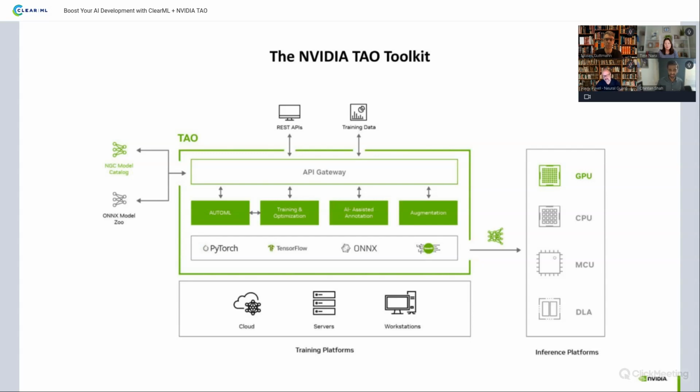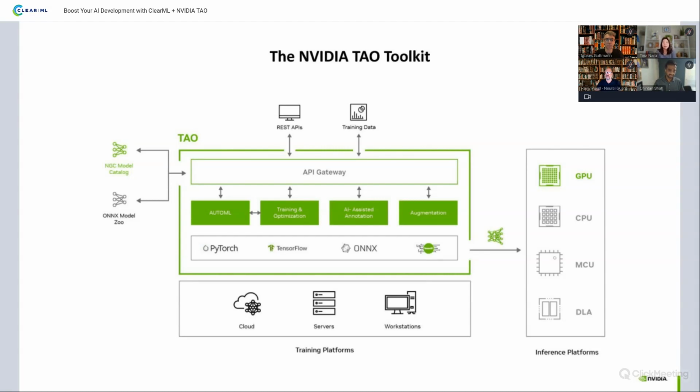We have other features like AI-assisted annotation, and what this provides you is an ability to take an unannotated data set and convert it to generate a segmentation mask. The input to the AI-assisted annotation is an image with bounding box annotation, and the output is a segmentation mask. This uses our mask auto-labeler model, which is a class-agnostic model, so it works on most objects as long as you define it with the bounding boxes.